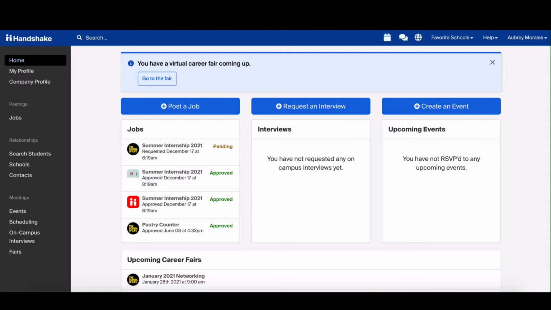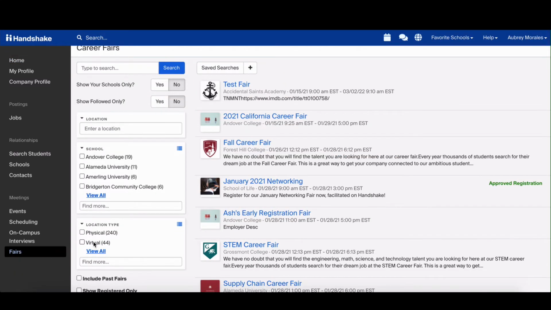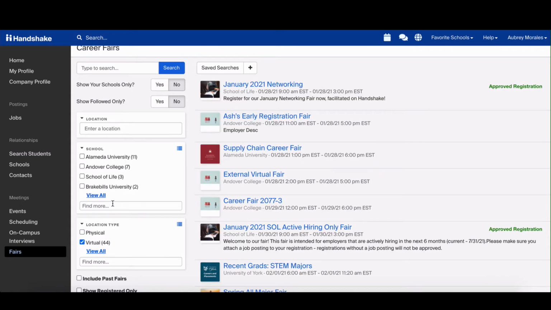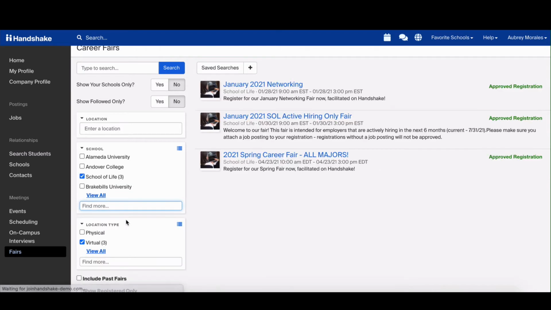to set the schedule. The schedule owner can still create the schedule without that email or that link by navigating to Fairs from the left menu column in Handshake. You can use the location type filter and again the school name if you'd like to filter down the results. Click the name of the fair,